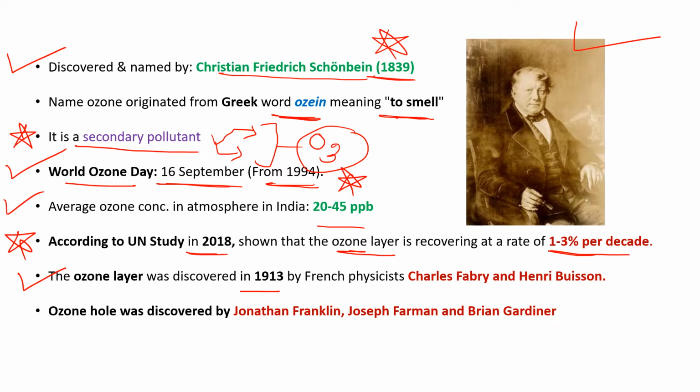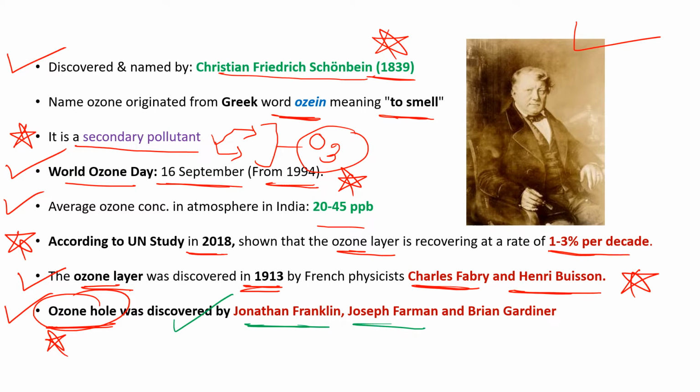Then after, who discovered the ozone layer? In 1913, the ozone layer was discovered by the French physicists Charles Fabry और हेनरी बुइसन. सो याद रखना, ऊपर हमने ओजोन गैस की बात की है और ये है ओजोन लेयर. देन आफ्टर, हु डिस्कवर्ड द ओजोन होल? वेरी इंपॉर्टेंट. द ओजोन होल डिस्कवर्ड बाय जोनाथन शंकलिन, जोसेफ फारमान व ब्रायन गार्डनर. तो कई बार एग्जाम में केवल फारमान का नाम ही लिखा होता है, तो उन्होंने ओजोन होल की खोज की।